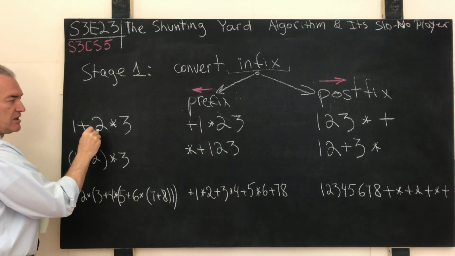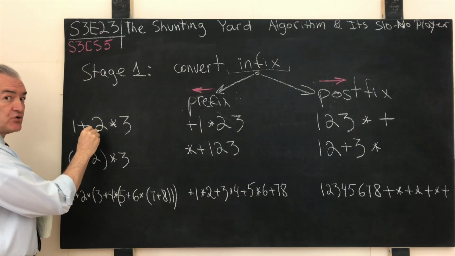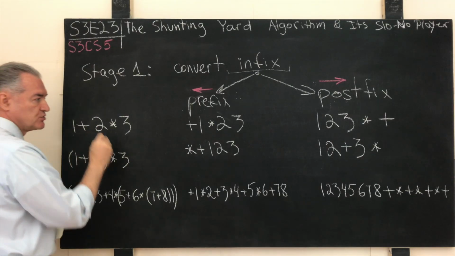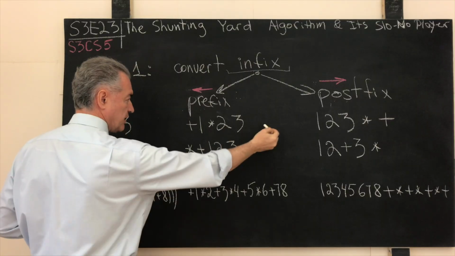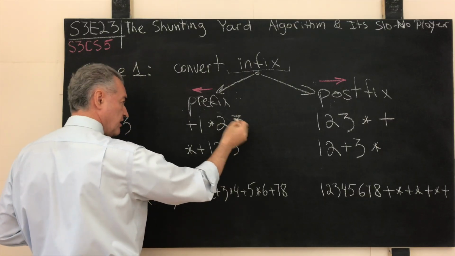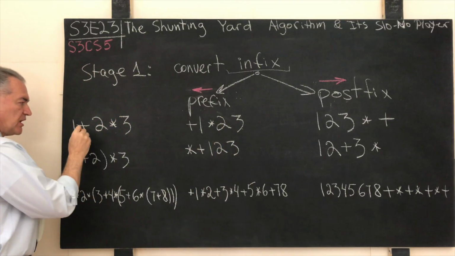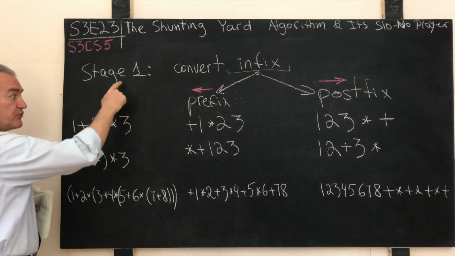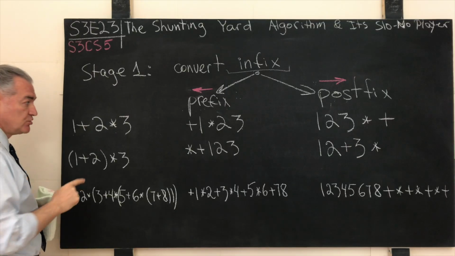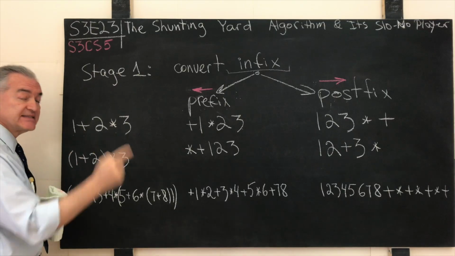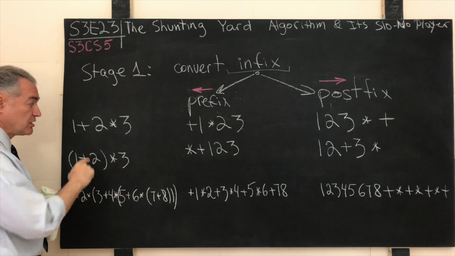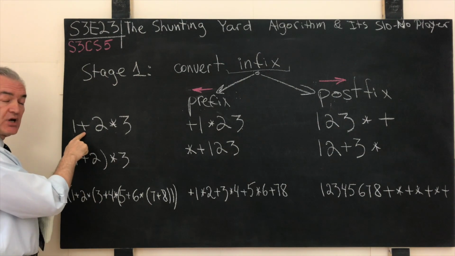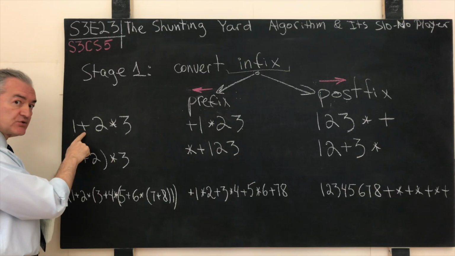Then we see the next token, which is an operand or an argument 2. So we write it to the output queue right away. Again, right to left, remember, 3, then 2. Then we come to the operator, which is the operator plus. Remember, in the first stage, the stack is used for the operators, and in the second stage, the stack is used for the operands. So here in the first stage, we're about to push the operator plus onto the stack,